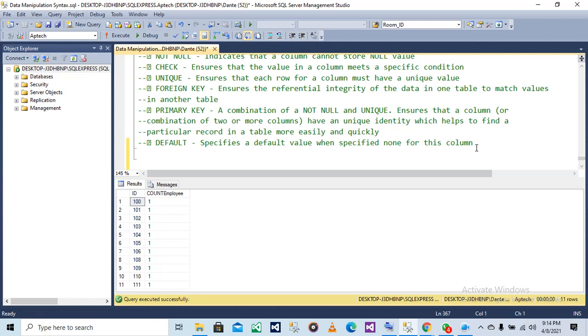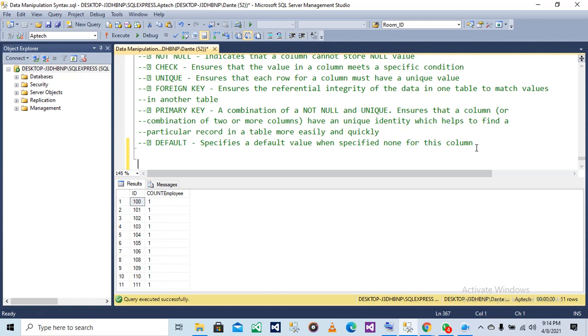Automatically, if I'm filling information in that table and I don't insert anything into the price column, 6,000 will be filled in automatically. Do you get? So automatically that table will just have 6,000.